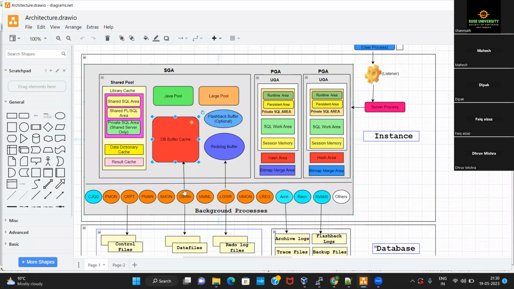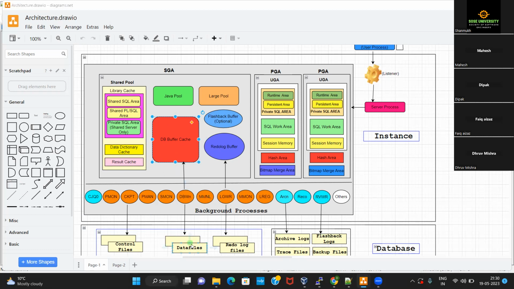So that's the difference between DBWR and DBWN. Whenever you see DBWR, that means there is only one database writer process. DBWN is specifically used to mention that there is a possibility of configuring multiple database writer processes. What does it do? It will periodically read the dirty buffers from the buffer cache and write them onto the data files.